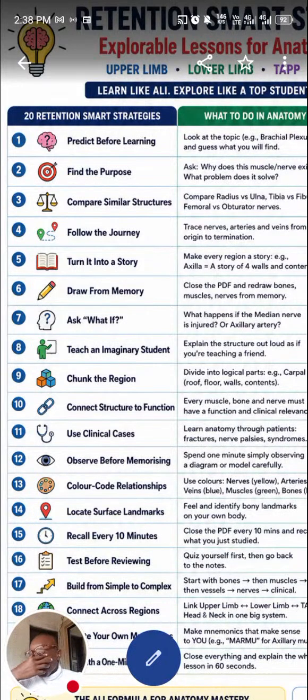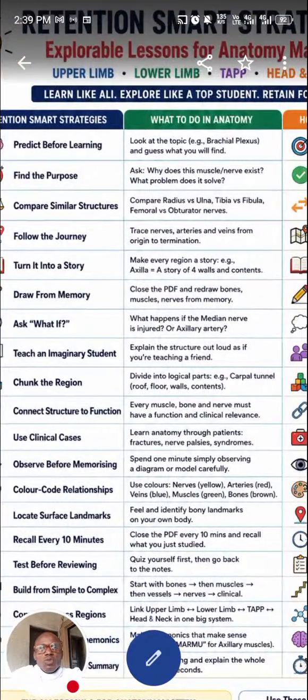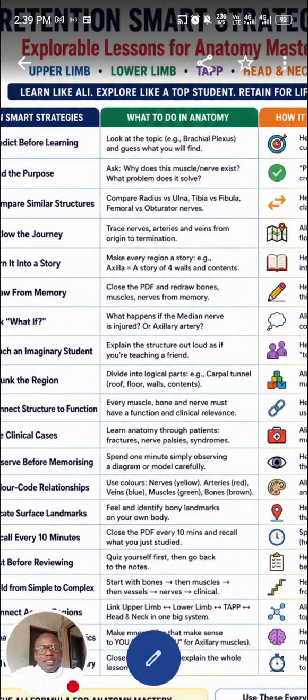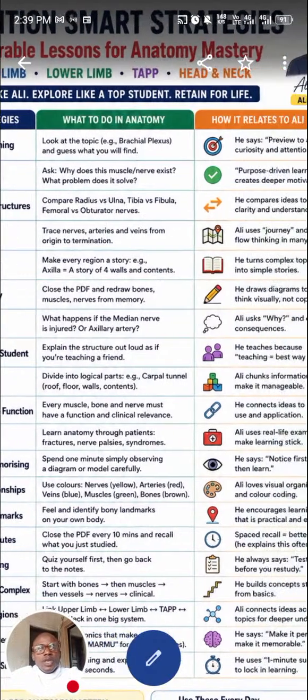Like today, you want to start from bones. We started with muscles the other day. Want to pick bones. So muscle and bone, that's what we'll be picking, then spaces and plexus and things like that. And when you predict before learning, what do you do in anatomy? Look at the topic. Like we've said, bones and muscle in upper and lower limb. Look at bone of the upper limb, look at muscles of the lower limb, or muscles of the upper limb and bone of the lower limb, whichever one we pick. And then the next one